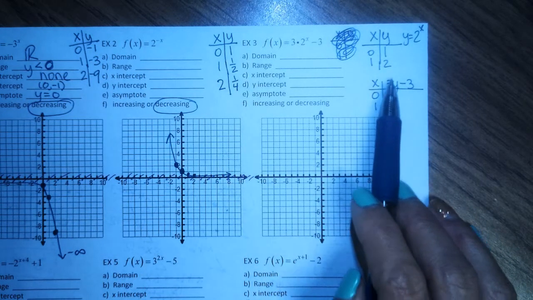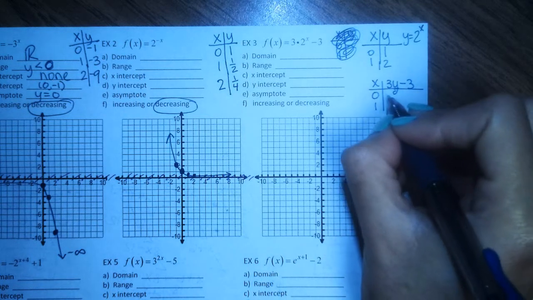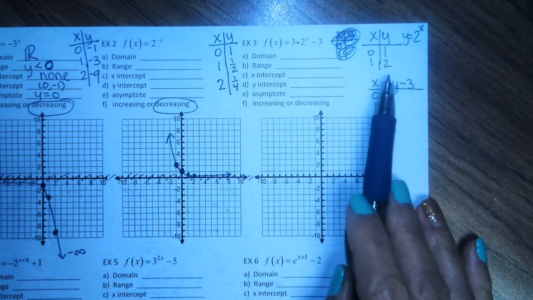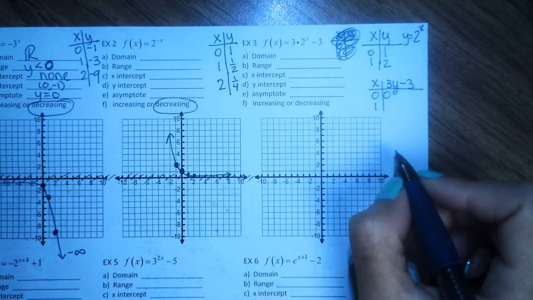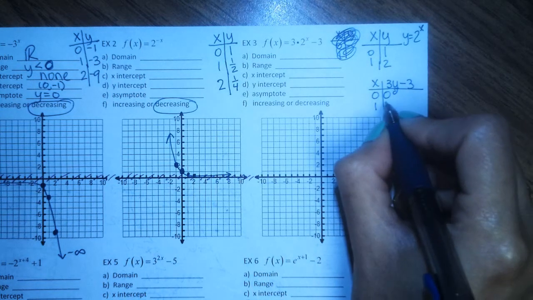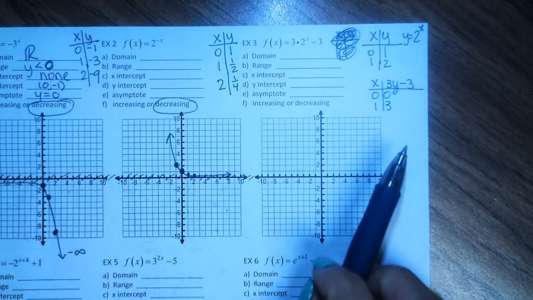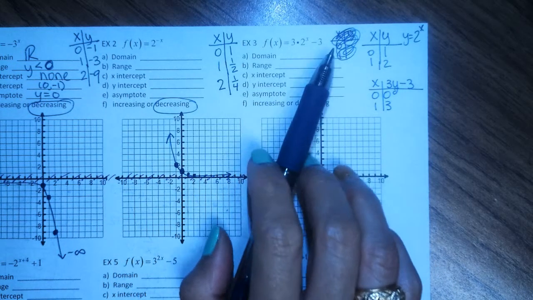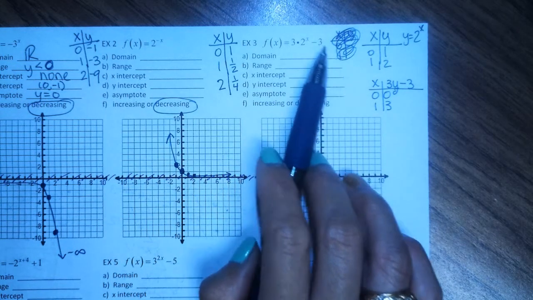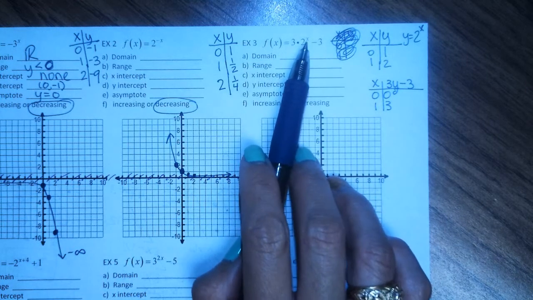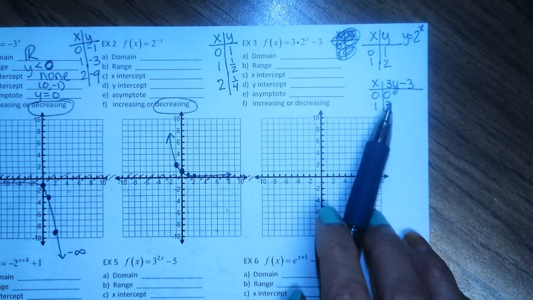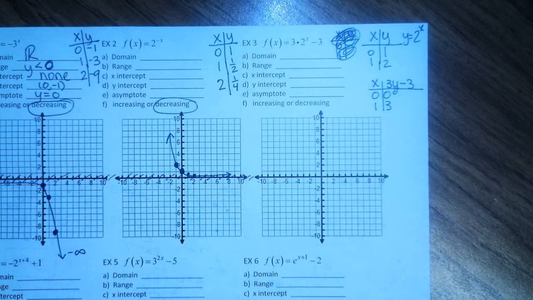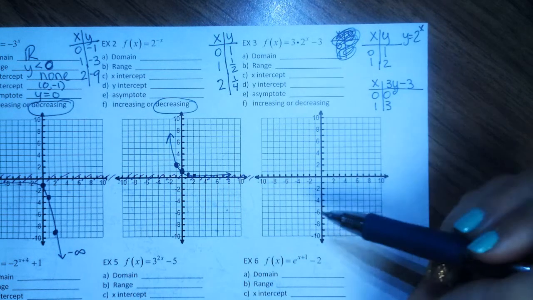So I'm going to do 3 times 1 minus 3, so 0. Then I'm going to do 3 times 2 minus 3. That's 3. Which is the same thing that you would have gotten over here if you made your own table of values and plugged in x equals 0 here, and then plugged in x equals 1 here. You would have gotten this table. So you pick your favorite, whatever you like. Now when I graph this,